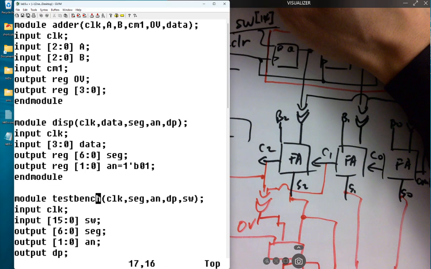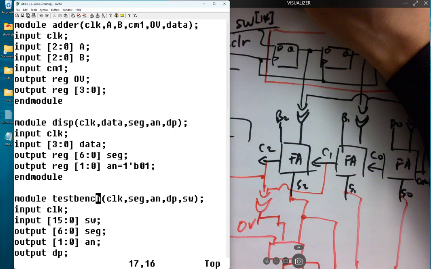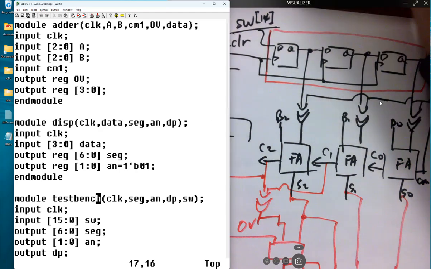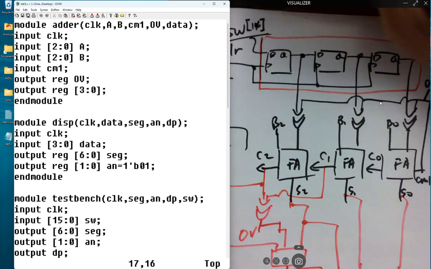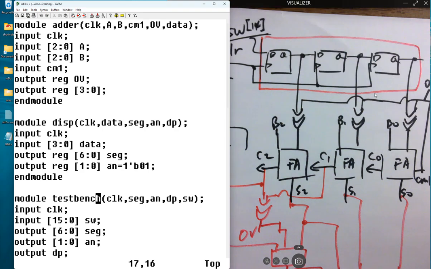Let's see. What else? So the A's are the ports. Remember, we also had AAs, right? So AAs are here actually, so they are not ports. We don't have to worry about that. But definitely the A's are the ports. So that's the adder's A ports. The adder's A ports are shorted to